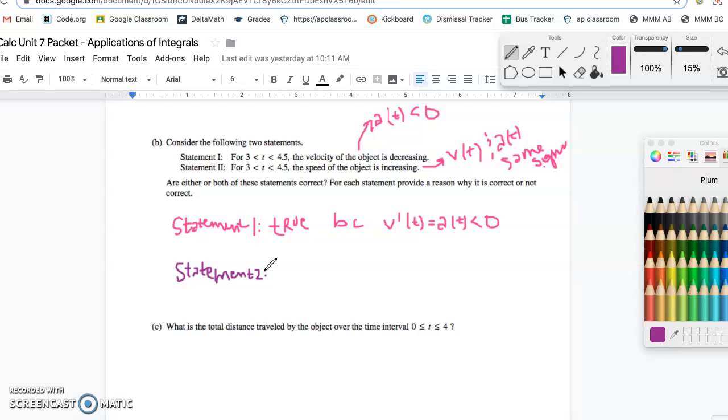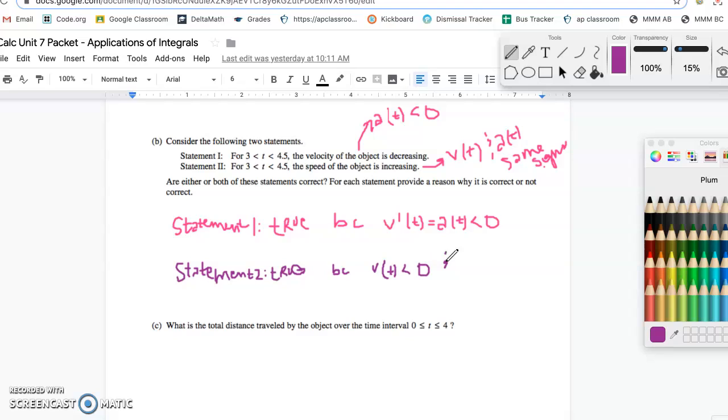We're just plugging that straight into the calculator, and when we do that, we see that v of t is less than 0. So we say true, that's a very ugly true, but true because v of t is less than 0,